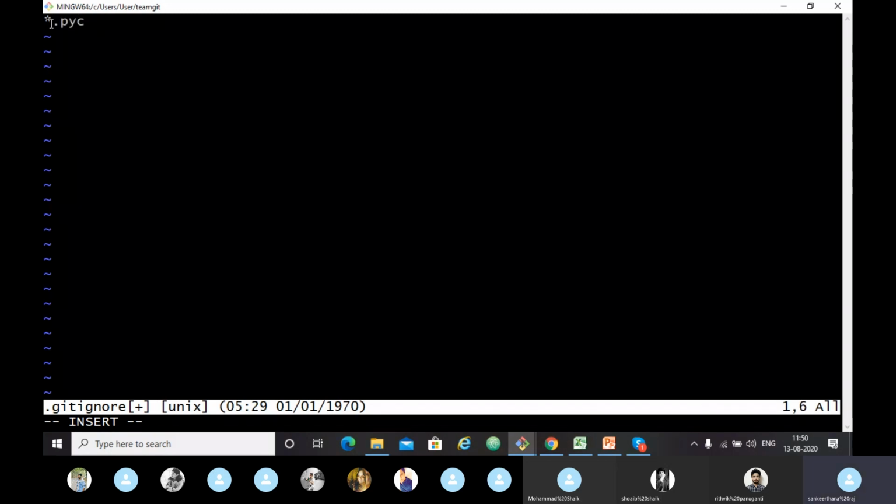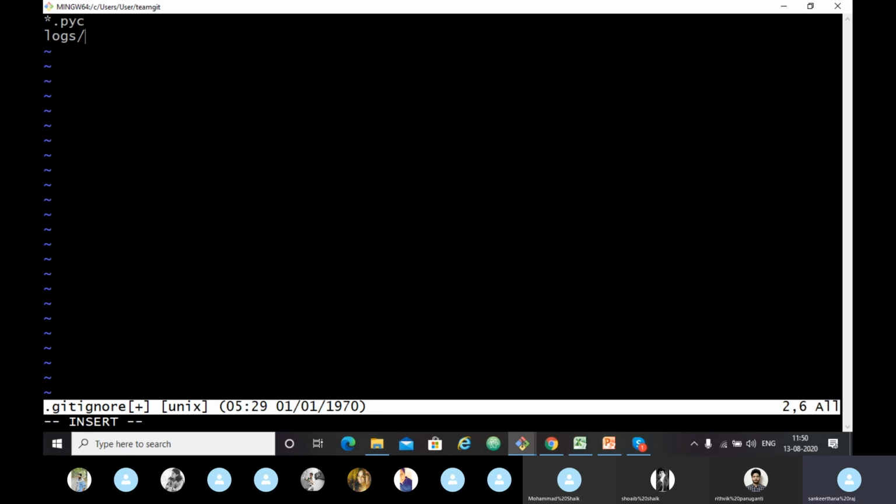Now all the files with .pyc extension will be ignored. After that, if you want to ignore the log files, you have to write in this format, logs slash.